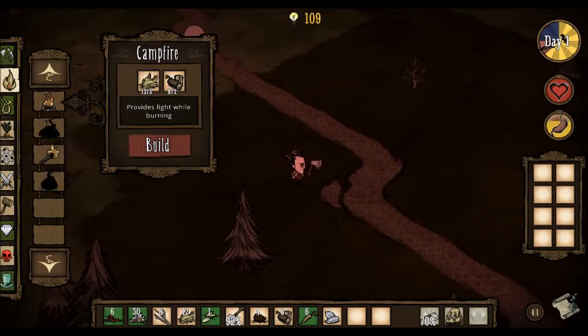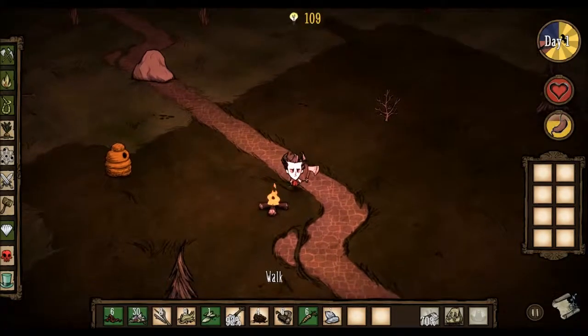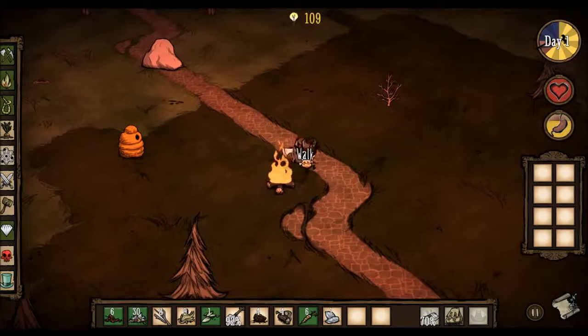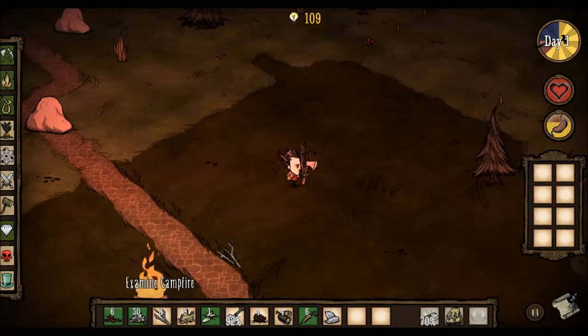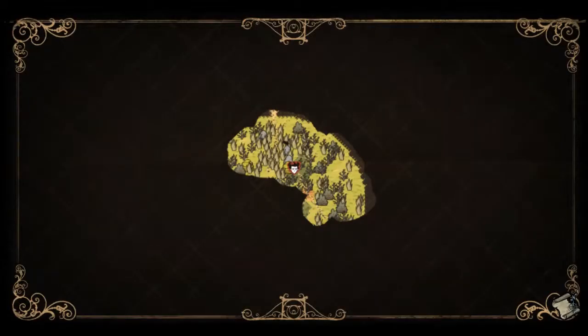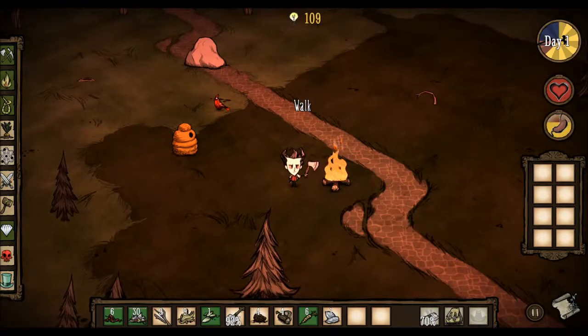Once I get more of a base set up, I will be able to dig up these saplings with the shovel and plant them around my base, and then they will eventually regrow, and I can pick them again for more twigs. I could dig up that grass and plant it around my base, along with the berry bushes. But for the grass and the berry bushes, I will need some form of fertilizer,